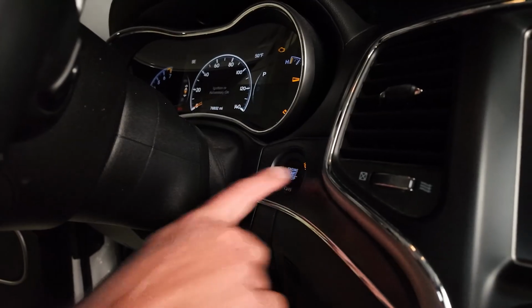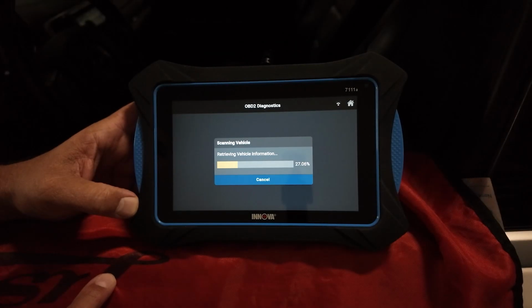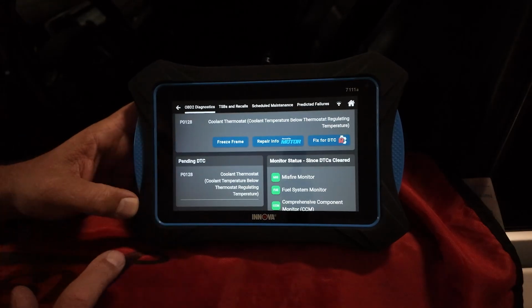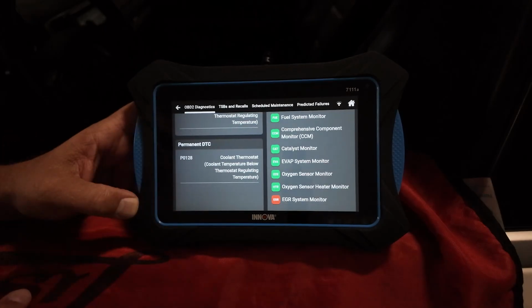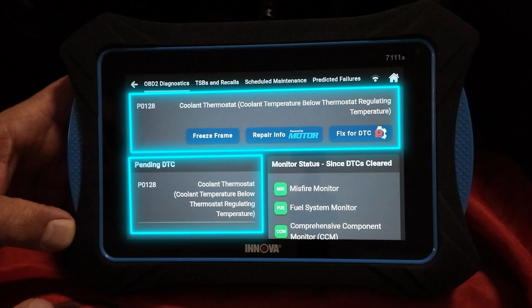After the visual inspection is done, connect your scan tool to the DLC and turn the key to the on position, engine off. Use the tool to retrieve diagnostic trouble codes and freeze frame data. In this case, we're dealing with DTC P0128, thermostat rationality. This means a thermostat is considered malfunctioning when the coolant temperature does not reach the minimum level required to enable other diagnostic tests, or when it fails to warm up to within 20 degrees Fahrenheit, 11 degrees Celsius, of its